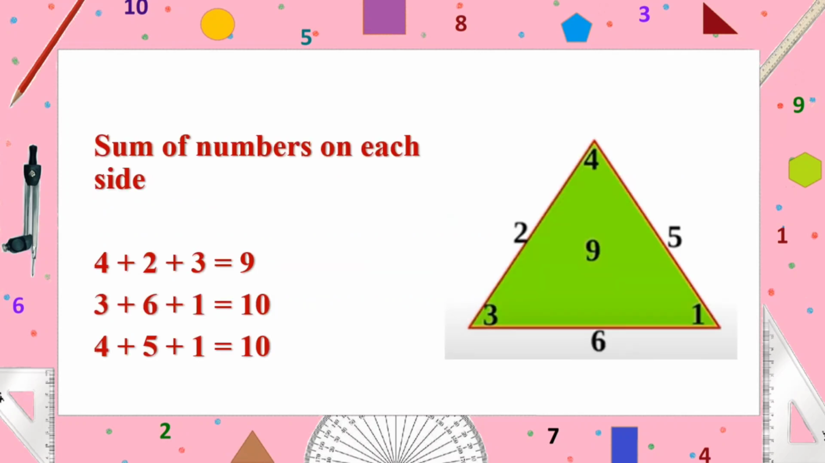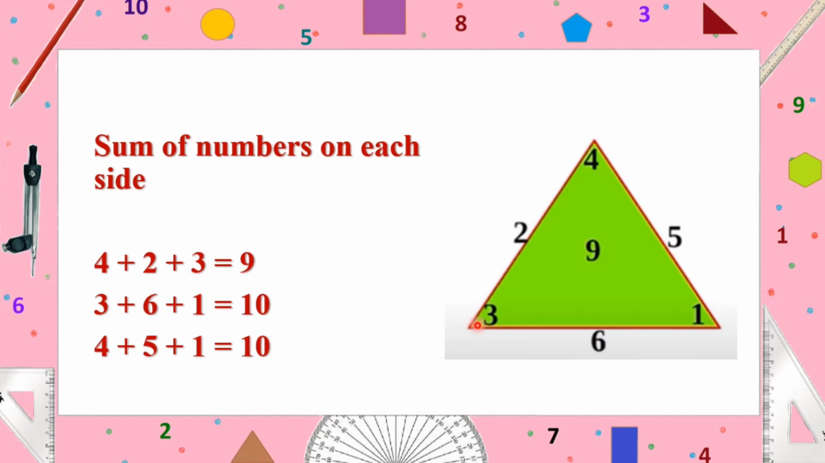Look at this triangle. Does this triangle satisfy all the instructions? Let's check. Here, the numbers are not repeated. Let's check the sum of numbers on each side. On this side, the sum of numbers 4, 2 plus 3. 4 plus 2 plus 3 is equal to